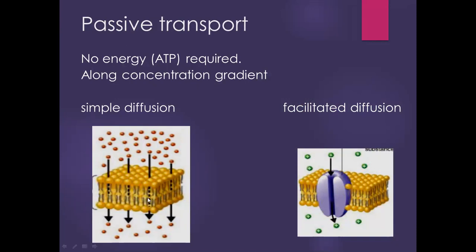And along this gradient, in the process of simple diffusion, the small molecules can be transmitted through the membrane, through this phospholipid bilayer. This process is not biological, it's just physical, chemical, and the cellular membrane serves only as a semi-permeable barrier